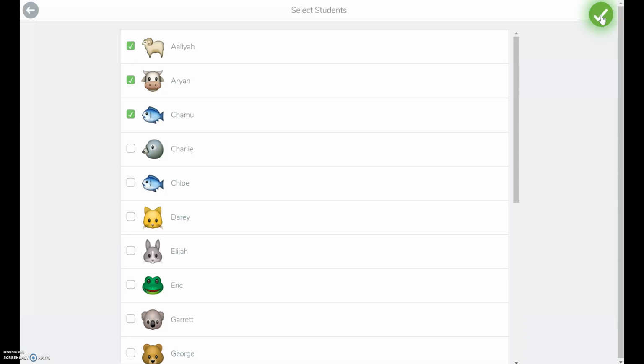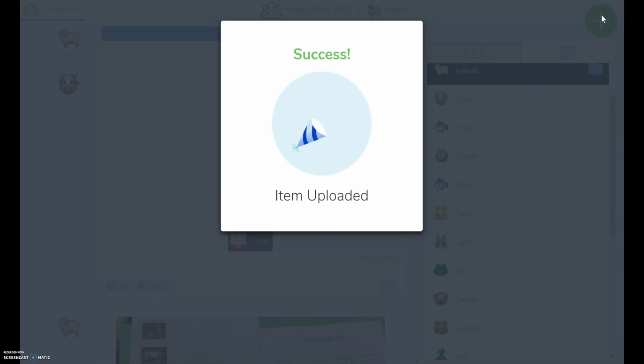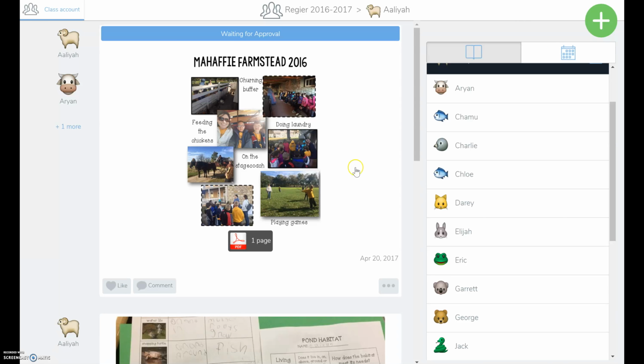When they are uploading their own files, then they're going to make sure that they only check themselves before they hit the check mark. But if they're adding a project that multiple students did, or if they are taking pictures and they want to share that on their Seesaw account, then they can click multiple students. So now it'll say it's uploading, and now it's a success. And so it'll say waiting for approval. So when I go into my account, I will have a notification that says that I am needing to approve